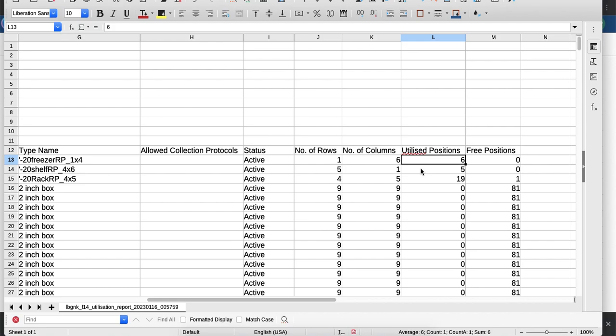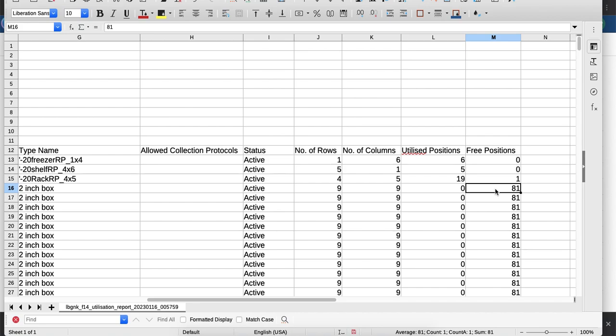Earlier it was restricted to the box level where specimens used to be stored, but now you can get this information for every level. So for freezer, for shelf, for rack, and for box. When it is a box, and if it is storing specimens, you can consider this as free positions available to store specimens. This new enhancement is typically useful for the freezer facilities, which specifically allocate certain space inside a container